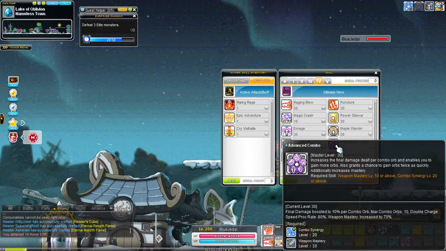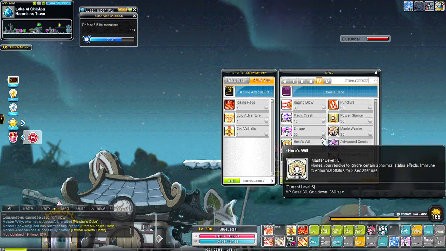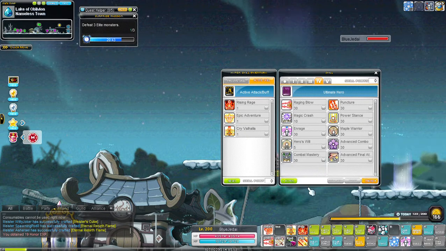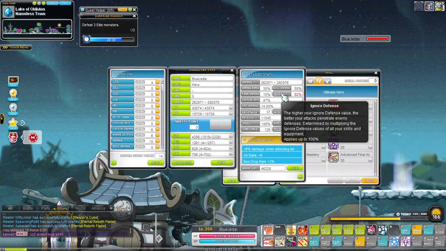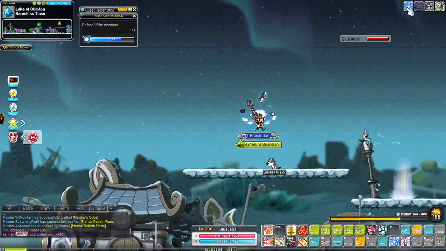That's pretty good. And double charge, speed proc rate. So when you attack, there is a chance to increase your speed too. And mastery is 70%. This one you get so many passives with, so you increase your damage by a lot. So if I toggle it off, look at this. This is my damage, but if I toggle it on,